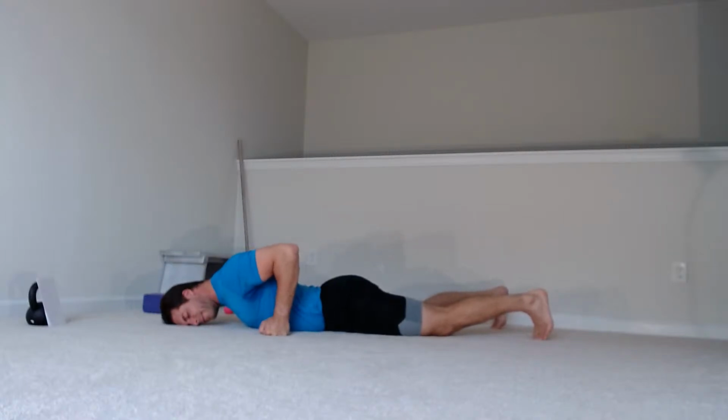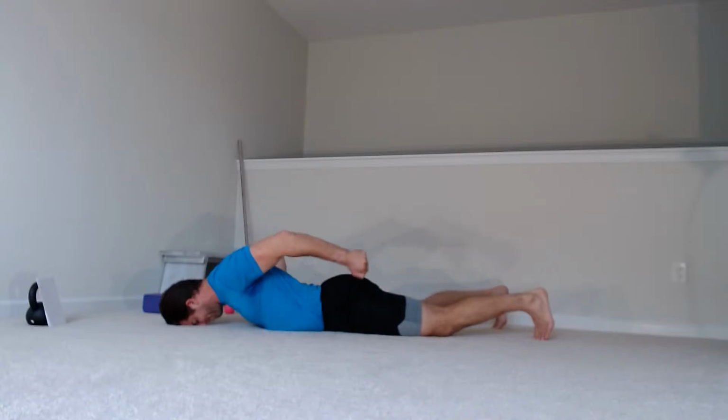Opposite hand is lift, pushing into the ground. So we'll just start with the left arm first. 1, 2, inhale, up, extend down, 3, 2 more, up, and down, 1 more,